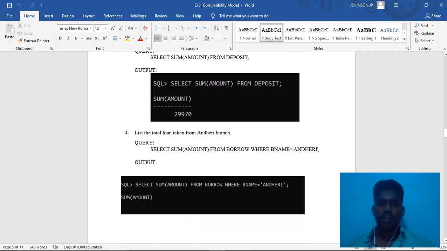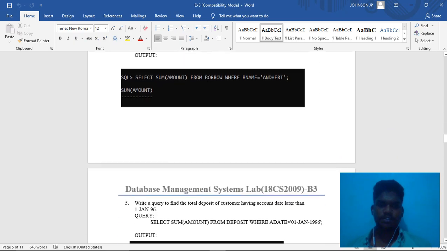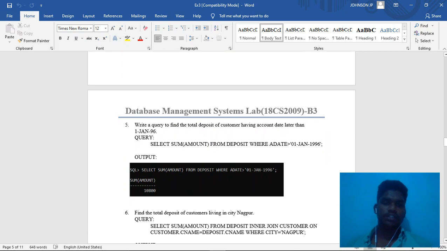Then list the loan taken from machinery branch, means select sum of amount from borrow where branch name equal to the branch. So then the fifth question is write a query to find the total deposit of customer having account date later than 1 Jan 96.